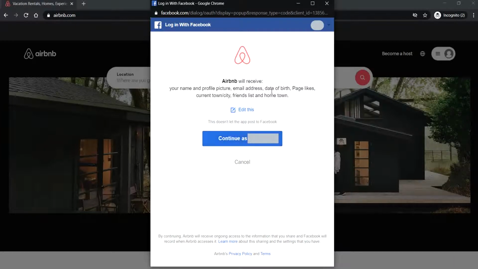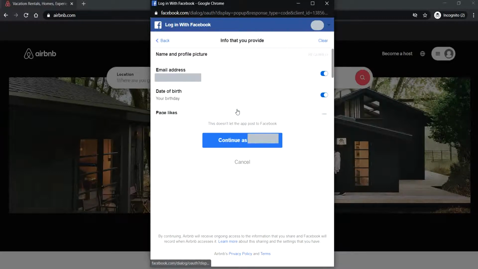We can also check which data exactly Airbnb is asking for from Facebook. And we also have an option to select which data we want to share with Airbnb from our Facebook account. Essentially, we are deciding what data from our Facebook account we want to share with Airbnb. And hence, I say that OAuth is an authorization mechanism and not authentication.